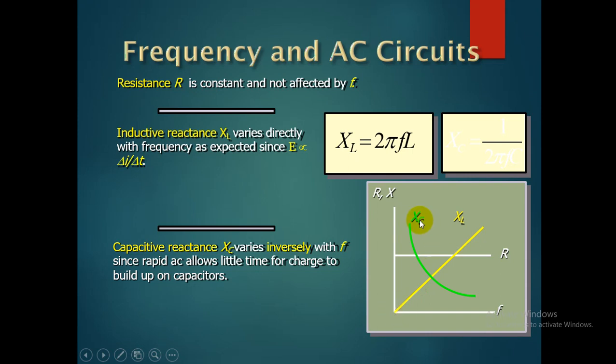But in the case of capacitance, the capacitive reactance is inversely proportional to the frequency. Thereby, for 0 frequency, it maintains higher values. See this curve, at the 0 position it has infinite value. At some frequency value, it maintains some value. Like that, it comes from higher values to lower values when you increase the frequency from 0 to maximum values.